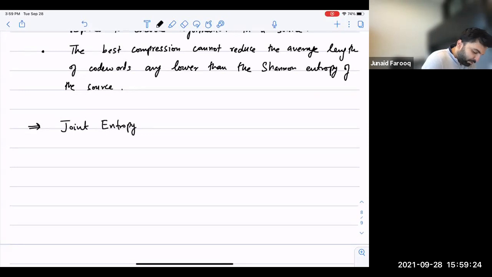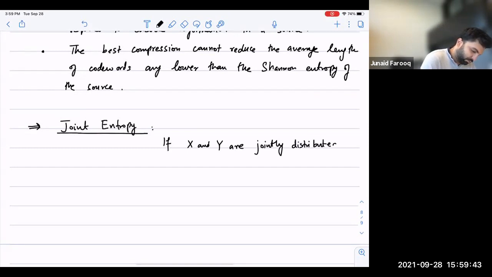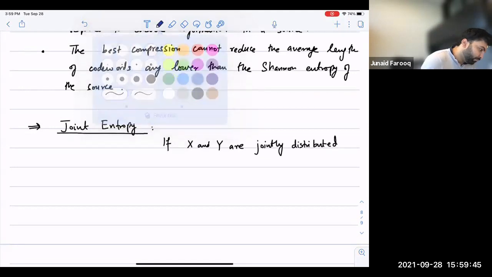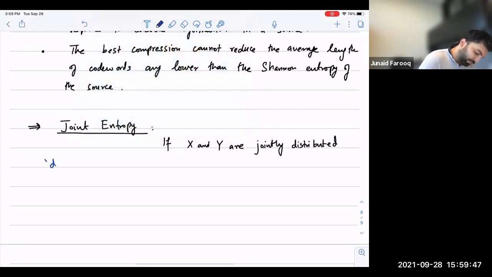The joint entropy idea says that if X and Y are jointly distributed discrete random variables,